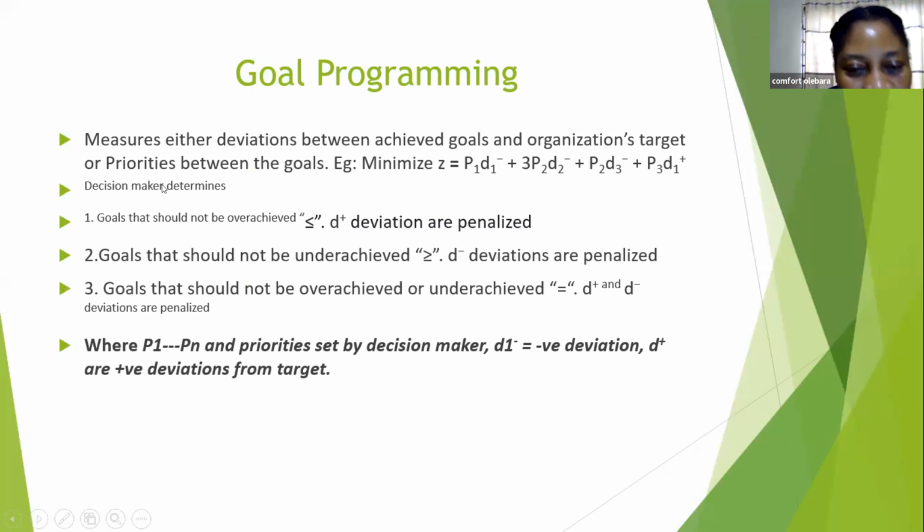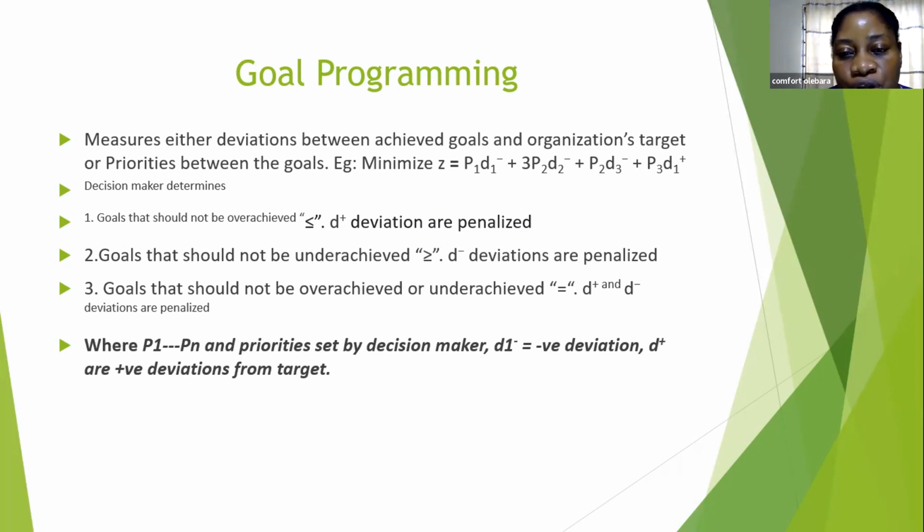So the decision maker determines three key items here. What are the goals that should not be exceeded? The less than or equal to sign is used to denote that. Then which goals should not be underachieved? For instance, profit margin should never be underachieved, so we use the greater than or equal to sign to represent the relationship in the constraints. Then which are the goals that must be exact? Any deviation, such as underachievement or overachievement, will be penalized in this instance. So these are the signs that must be set by the decision maker